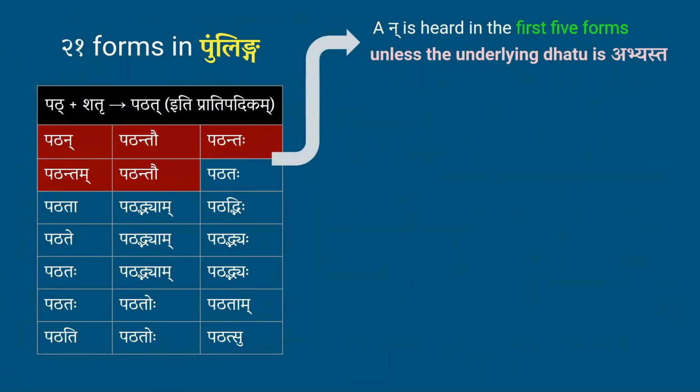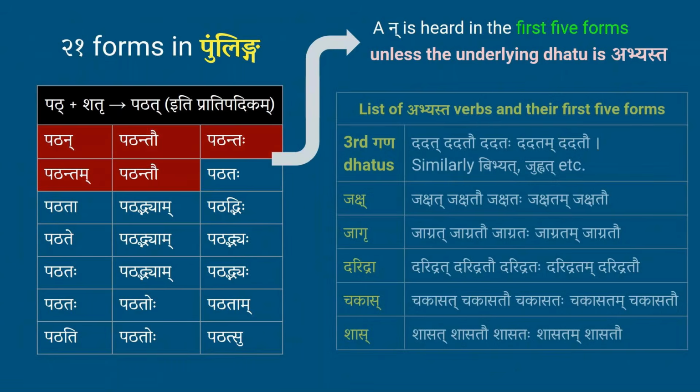What is an abhyasta dhatu? Well, here is the table. All the verbs of the third gana are called abhyasta. So their first five forms will be something like dadat, dadatau, dadataha, dadatam, dadatau, where the na will not be